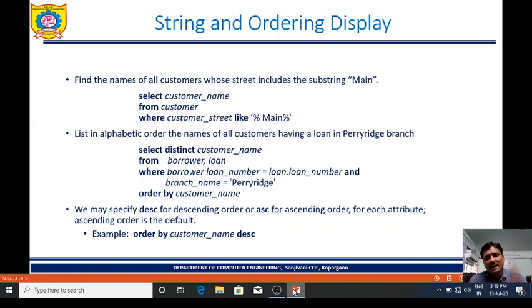And see, we use distinct to avoid duplicate data. Now in order by clause, if we are going to display by using ascending order, to avoid duplicate data we use distinct, and by default it is ascending order, and if we want to display in descending order we use DESC keyword. Example, order by customer name DESC.